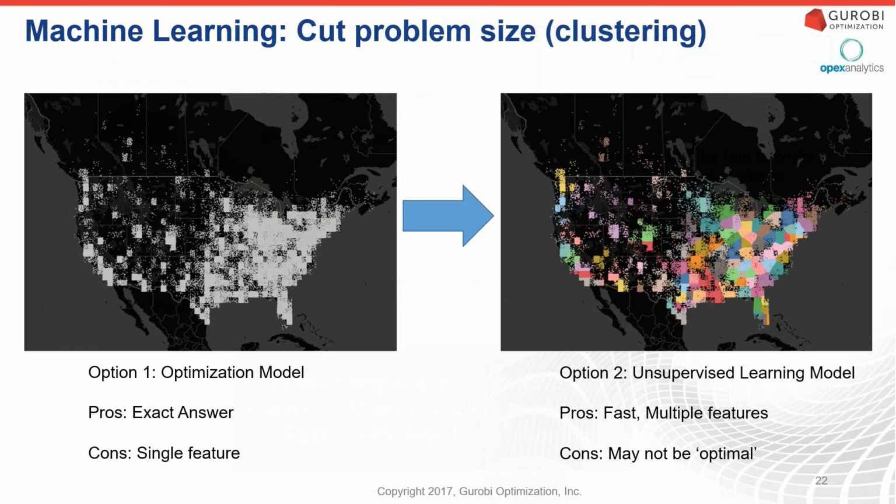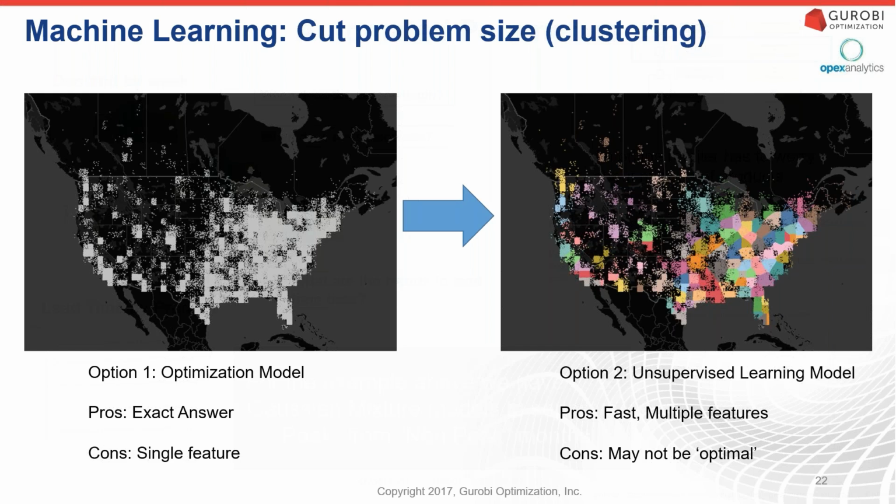So I can actually do clustering 2 ways. One is if I have one single dimension, which turns out to be a negative of this approach, I can use an optimization model. So I can come up with an exact answer that says, well, let's cluster our customers just by their location, and I can run an optimization model by that. If on the right, I want to cluster my customers by more than just their location, maybe I want to cluster it by distance plus something like how frequently they order, or maybe the types of products they order, because that will make my optimization model more sophisticated.